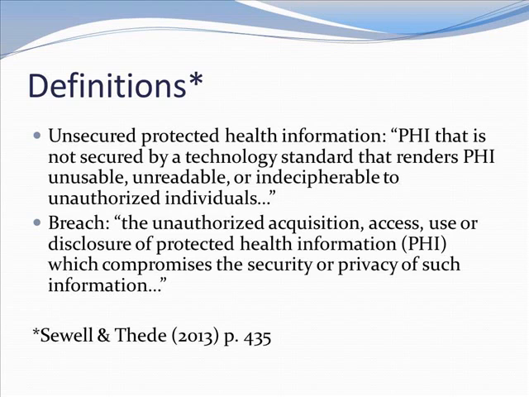Unsecured Protected Health Information, or PHI, is that information which is not secured by a technology standard. This means that there are particular protocols and guidelines that determine these standards, and that standard renders the PHI unusable, unreadable, or indecipherable to unauthorized individuals. And a breach is the unauthorized acquisition, access, use, or disclosure of protected health information, which compromises the security or privacy